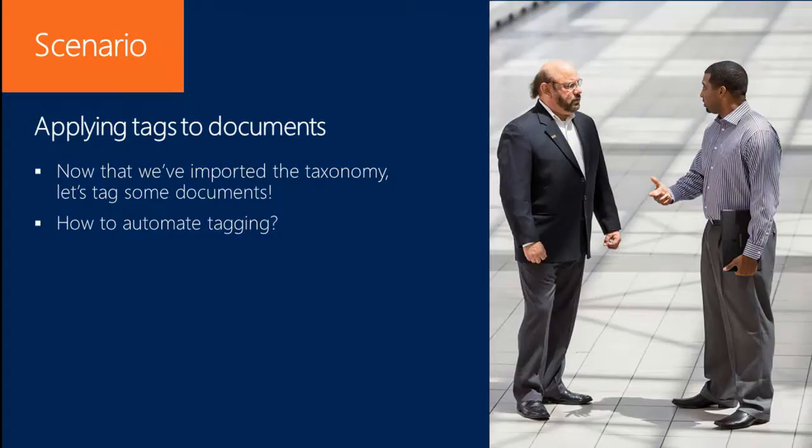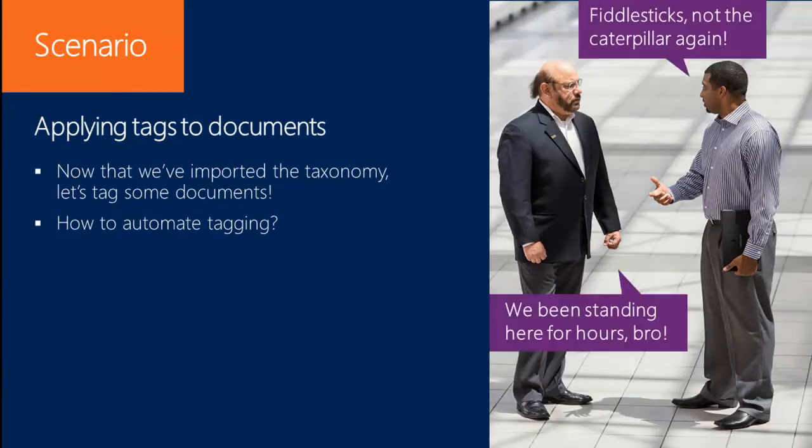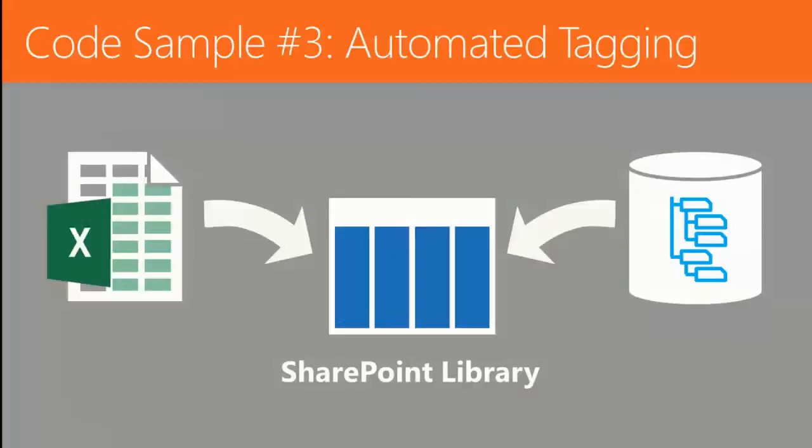It sounds like you just go and tag something, but you have to actually tag a specific kind of term from a certain term set to a specific column. And if you had 3 different managed metadata columns, those are 3 different kinds of tagging that are happening on one document. Anyway, so how would we automate that? And I'll let you read my, so more code. Okay, so in this demo, we have an Excel spreadsheet which has the data from the HR